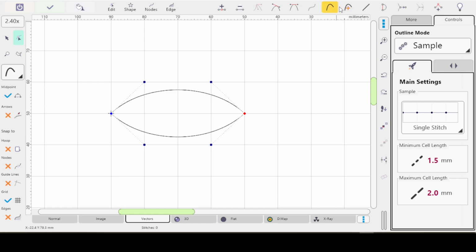Now Embird gives you two choices. Well, what kind of quadratic do you want to convert to? Because originally, just a couple versions ago in 12.0, we only had this choice. Meaning, let's just say this one was kind of there and this one was maybe like that. If I just wanted to change this line, and you can click on this handle or this handle, but I'll just click here. If I wanted to change that to quadratic,